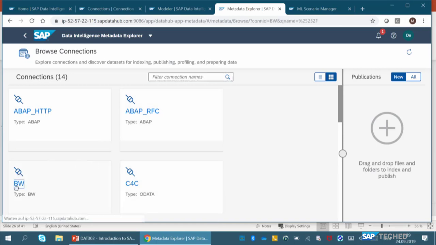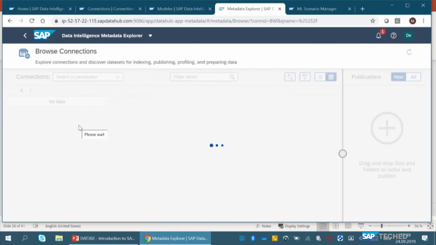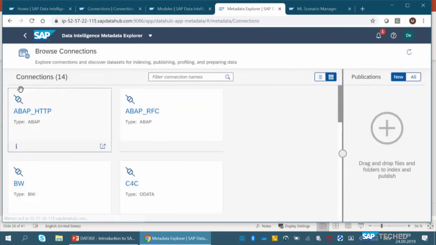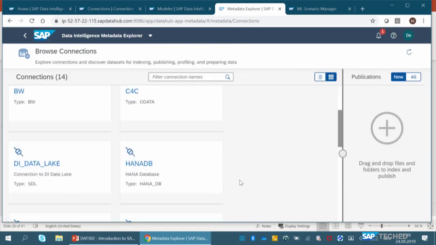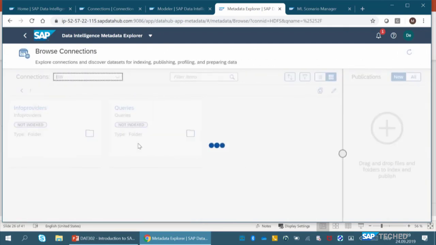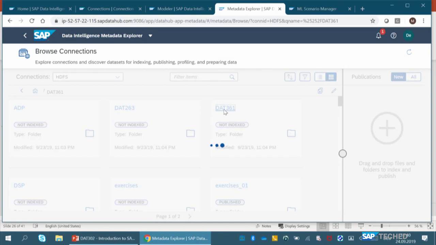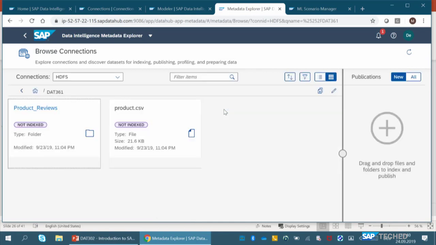That would mean I could now drill into my BW system. I would see my different info providers, my different queries, and I could select and have a look at how the data looks. Or I could, let me see, go to Hadoop. I see if I can find some file in there. For example, those are now the files from our great hands-on sessions, to mention that as well. And I could have a look at how this file looks, and I could start